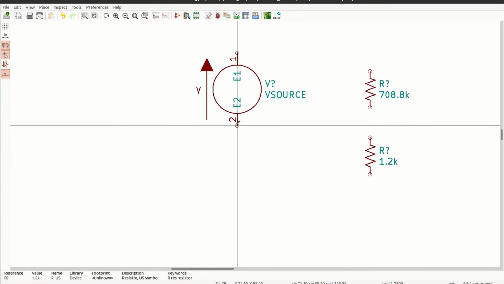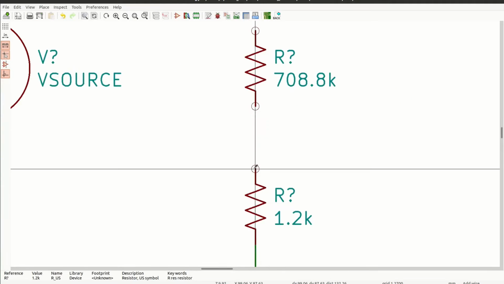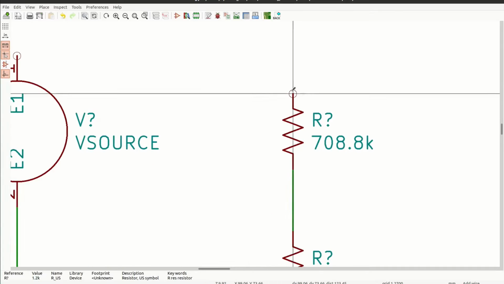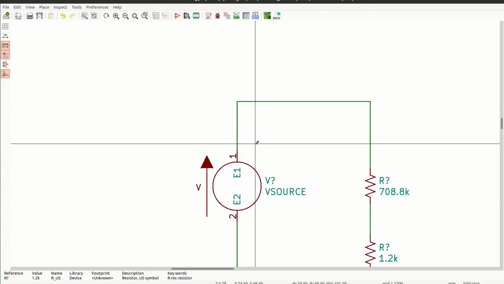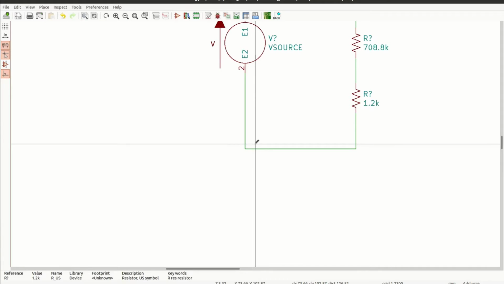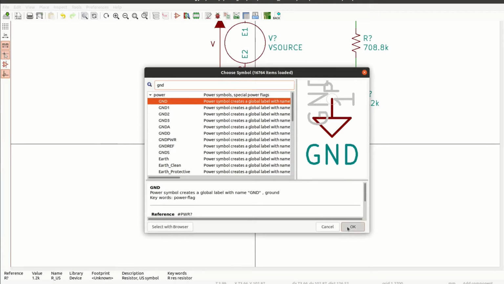Press W to make a wire connection. These are ideal wires, and also these components are lumped model components. You can learn about lumped model components on Wikipedia, or maybe later I will show you what lumped model components are. For now just stick with it.